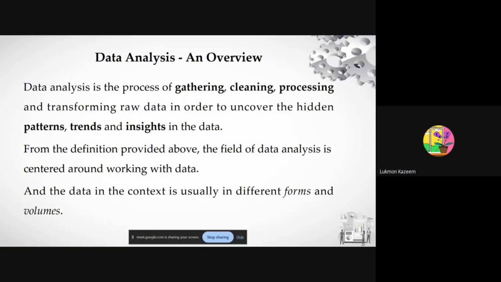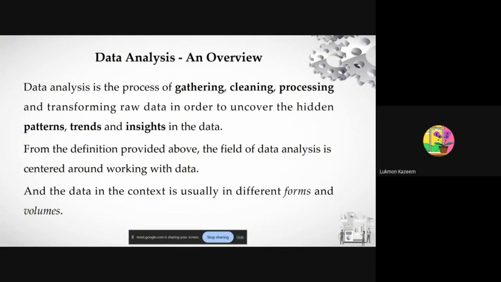So our goal as a data analyst is to be able to collect raw data that is yet to undergo processing, and perform cleaning, processing, and transformation on the data. And at the end of the day, note out the patterns and trends in the processed data, which can now help decision makers to make informed decisions on it.